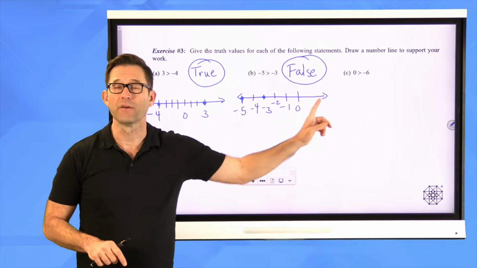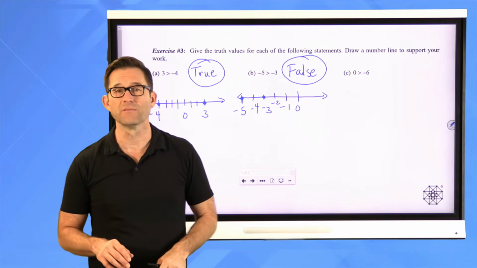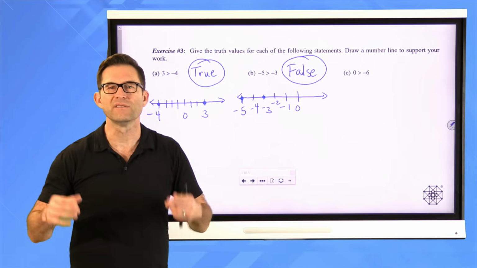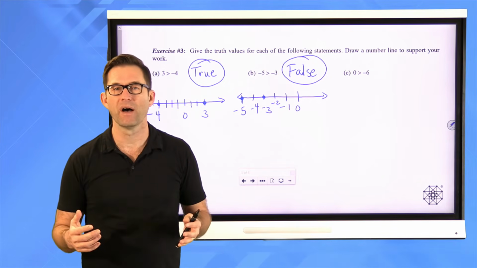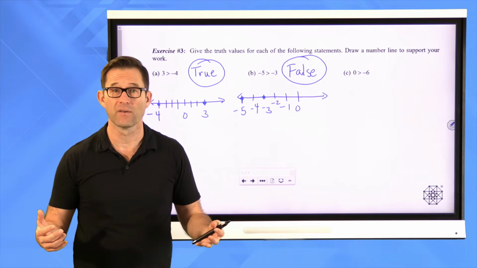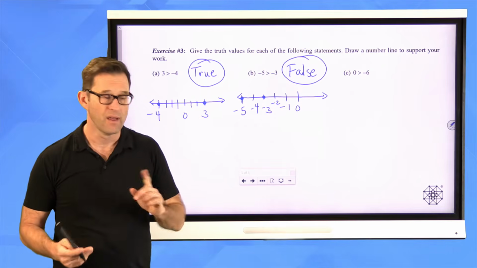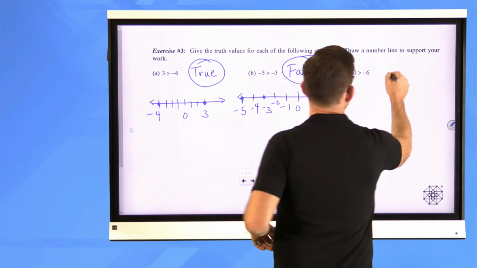Now finally, letter C, 0 is greater than negative 6. Boy, that also seems like it should be false, right? It seems like 0 should be the smallest number possible. But actually the smallest number possible is negative infinity, right? So it's like way out to the left, all right? So this is actually a true statement